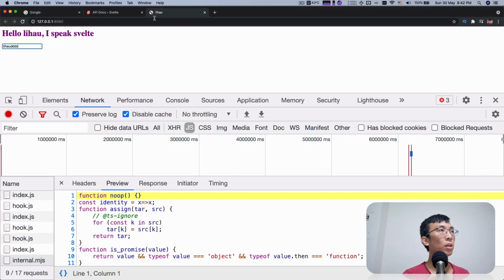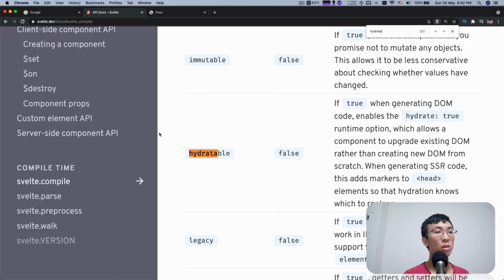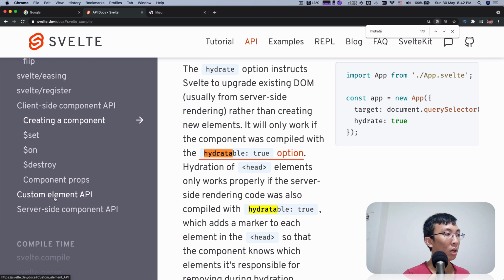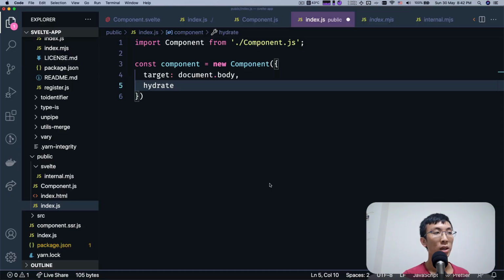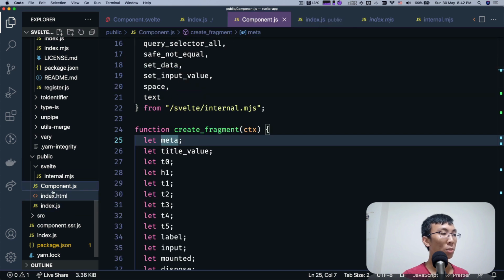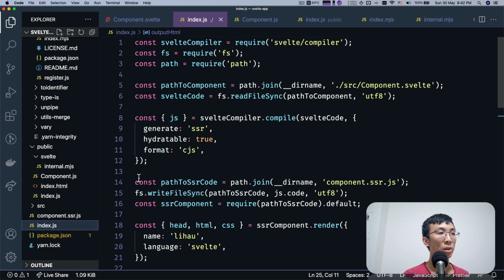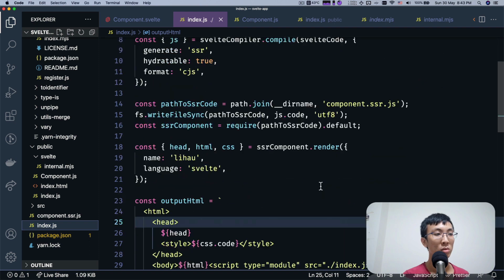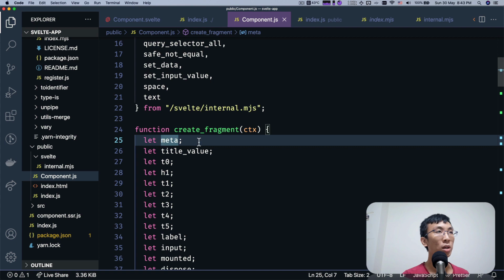Let's see. So let's look at the component API, hydratable. Oops. I think it's called hydrate. We need to pass it as true. Now we need to specify the same props as what we get over here as well. In our server side, when we render this component, let's see, where are we? Okay, when we call this, props is Li Hao and Svelte, so we're going to copy this over as well.